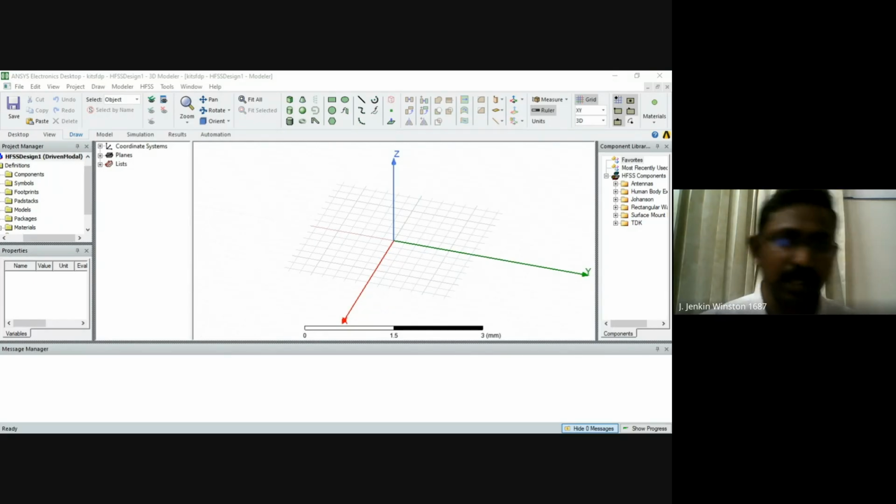First the ground plane; I'll finish that first. I'm going to fix the length as 60, and then the width of the ground plane I'm going to fix as 60 mm. Then comes the substrate, length LS, and that is going to be equal to the ground plane. Then the width of the substrate, and that is going to be equivalent to the width of